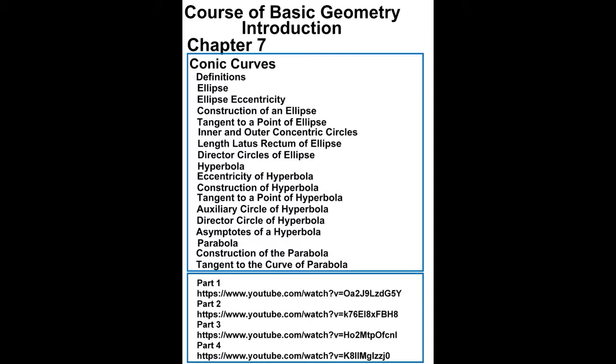This last slide shows the contents of Chapter 7 of the Basic Geometry course. This chapter presents the definition, properties, and construction of conic curves, ellipse, hyperbola, and parabola. Definition: ellipse, eccentricity of ellipse, construction of ellipse, tangent to a point of ellipse, inner and outer concentric circles, length